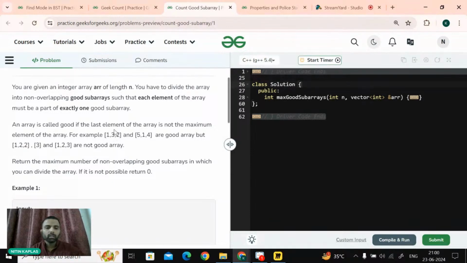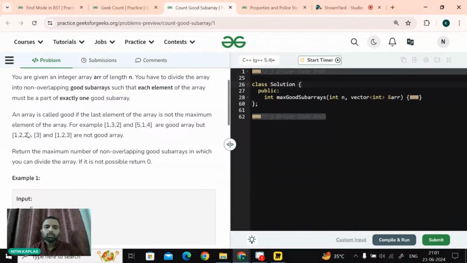It means that particular subarray is a good subarray, right? If you move forward, 5 1 4, the last element is 4. Is it the maximum? No, it's not, because 5 is also in that part. So both arrays are good. That's why both are good arrays, right? But if you see here,